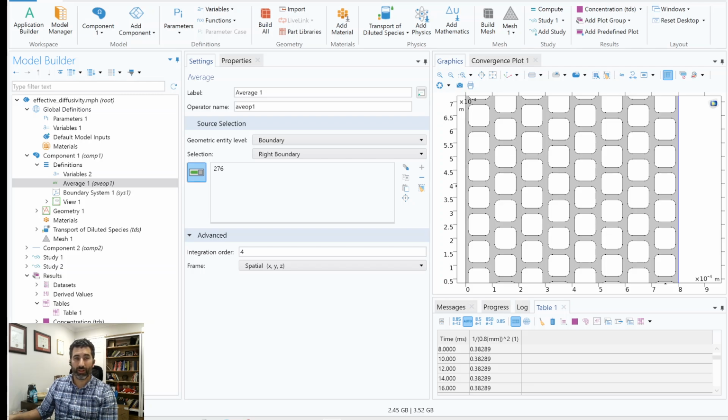Probes, as the name implies, are a great way for you to get a little bit of information out of your solution while the system is solving it, right? So the idea is that you define an expression that's evaluated and displayed onto a plot while your software is doing the time stepping. That way, if you have a larger system, you can keep an eye on it and monitor it, and you can cancel it if need be,